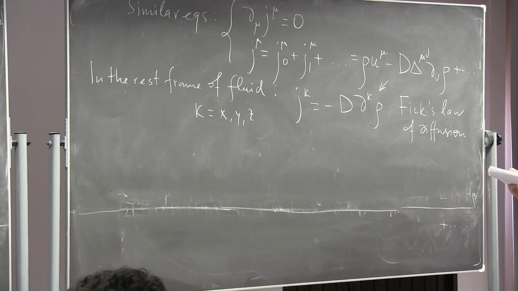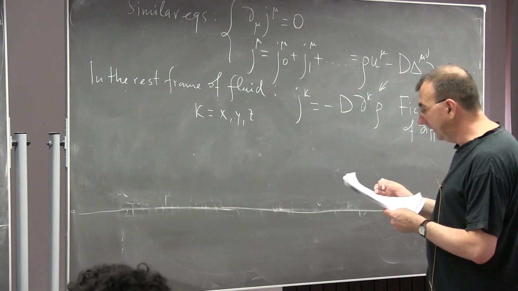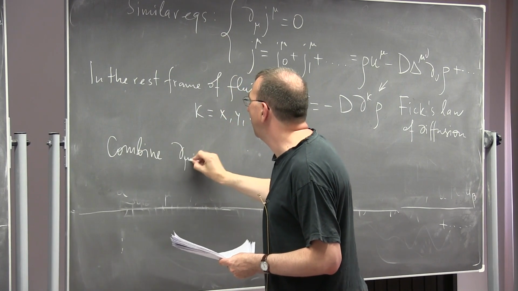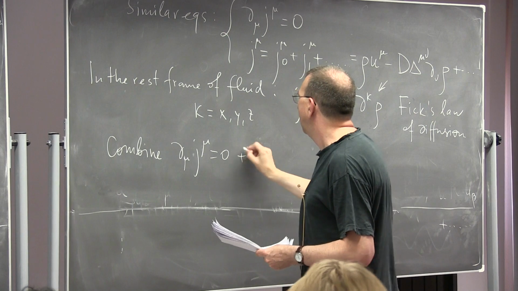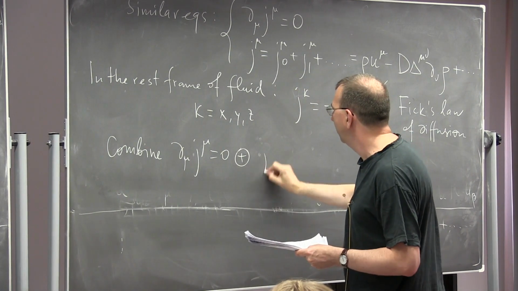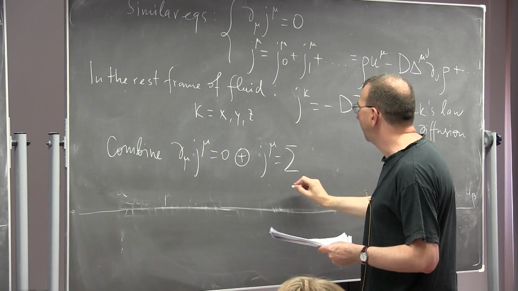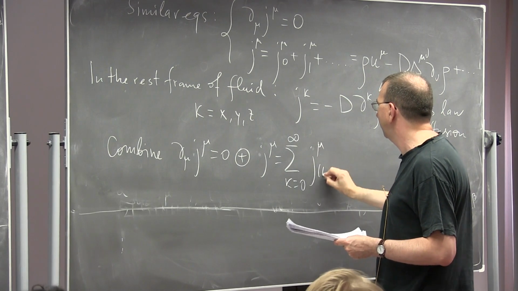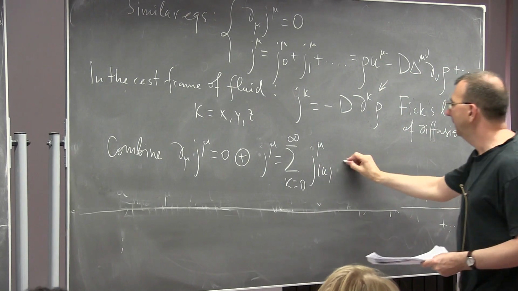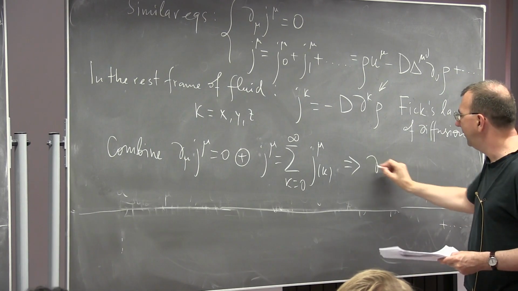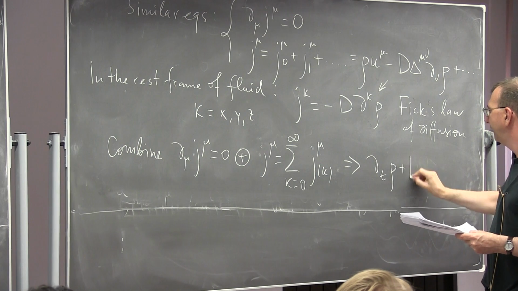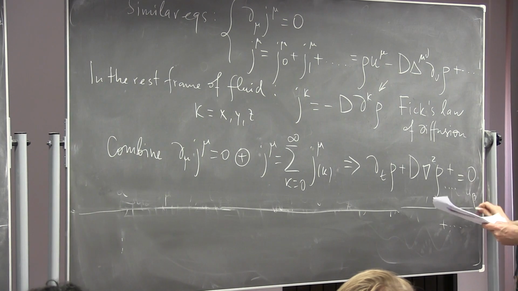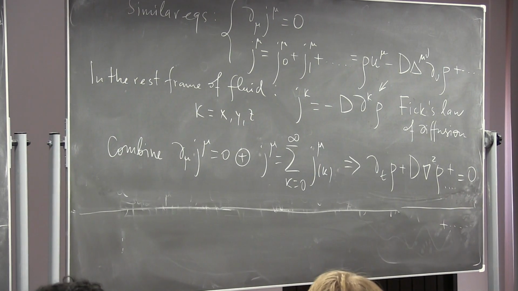So then you combine the conservation law and the constitutive relation, right? And this, if you want, is a Taylor expansion, k from 0 to infinity, roughly speaking, right? So that's what it is. And then to leading order, what you get is dt rho plus the gradient of rho, plus higher terms, and this whole thing is equal to 0, right? So this is your hydrodynamics at work, right?